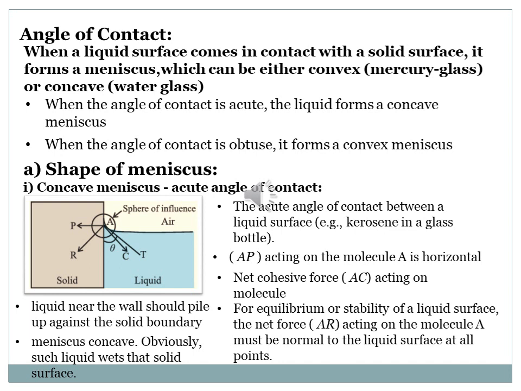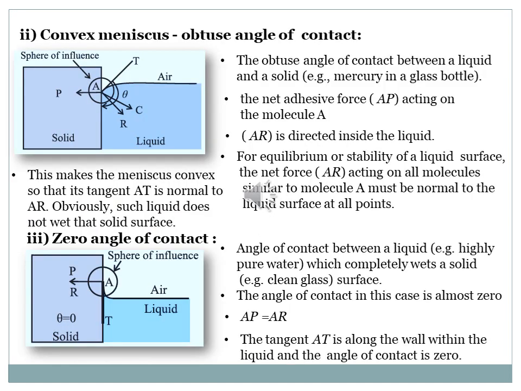Okay, so let's move toward the other meniscus, which is convex. Let's move towards that. So let's move toward our next shape of the meniscus, which is the convex meniscus, which is formed by an obtuse angle of contact. Again, in this case, we are going to consider two concepts. First one is force of adhesion and force of cohesion. Angle of contact, what is that? And then the next one is, for the equilibrium condition, what should happen in both cases, in liquid and solid also. Alright, and the next point is, does the liquid wet the solid surface or not? That we are going to see. All these points should be covered in that.